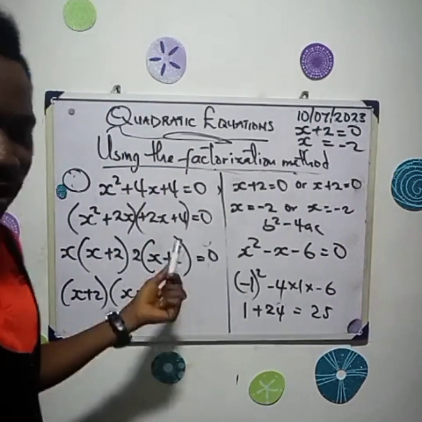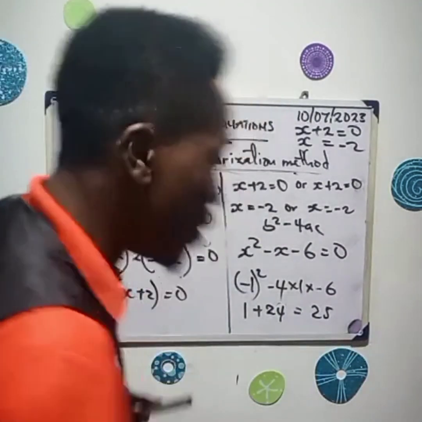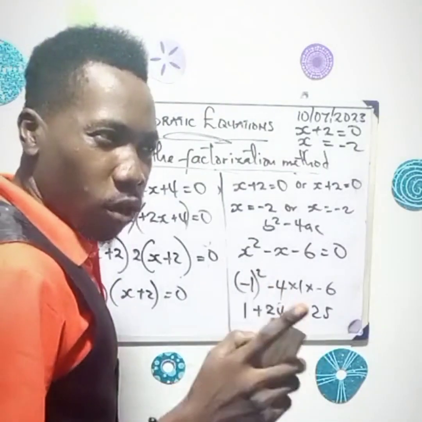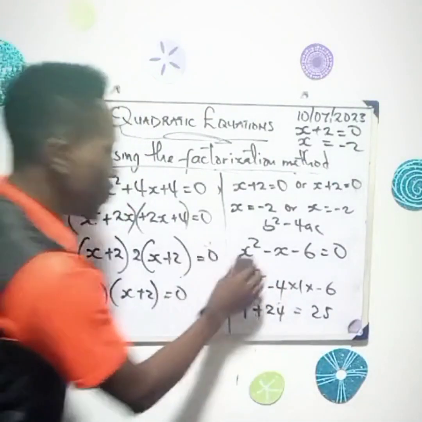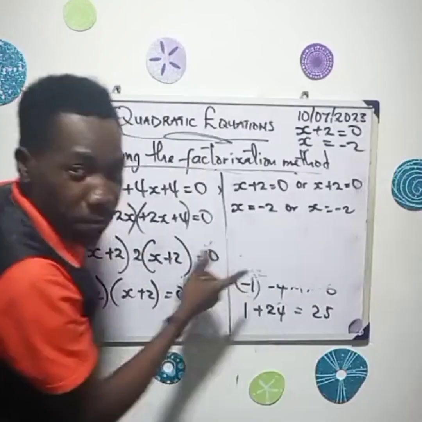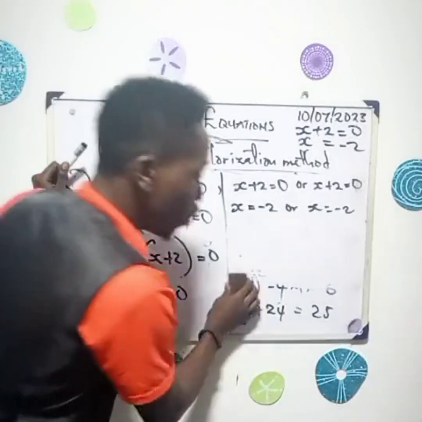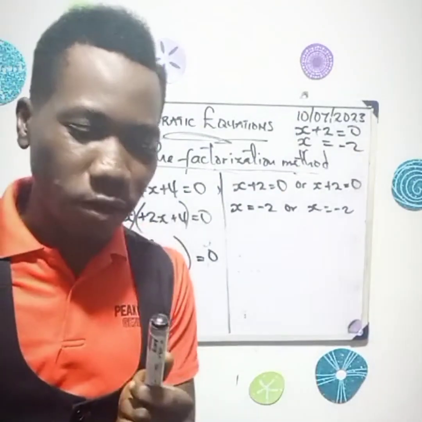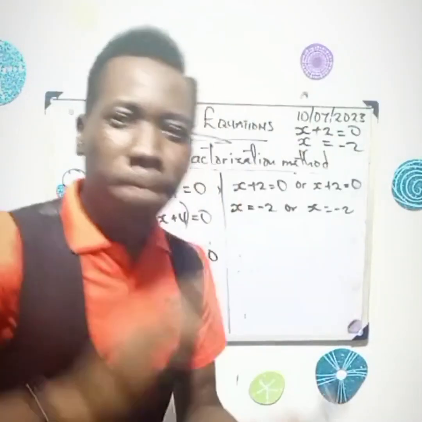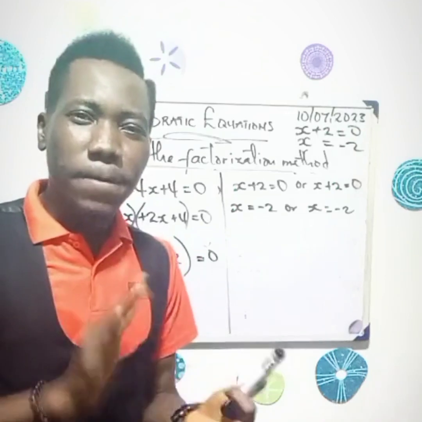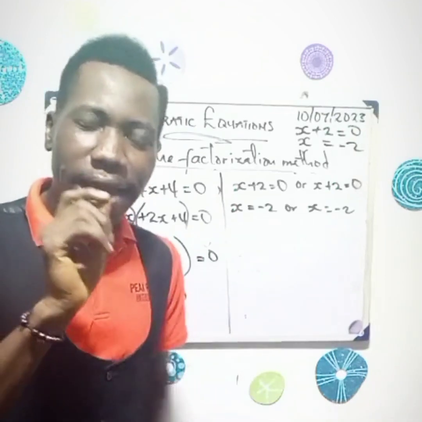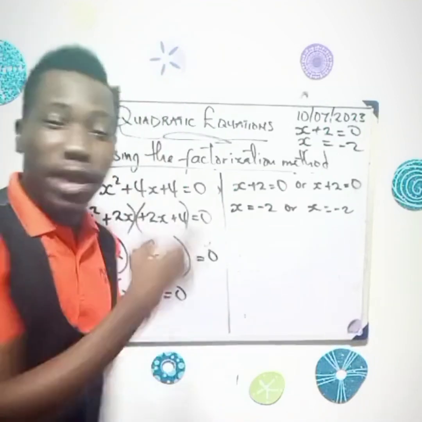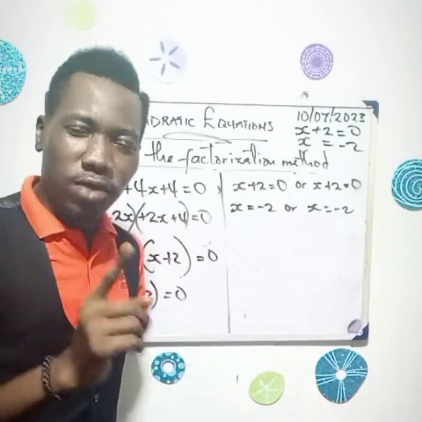Was it this one we solved? There was one we solved, and the answer for that was x equals minus 1. I don't know if it's this one. But if we apply b squared minus 4ac on that equation, it will give us the same value as 0. So anytime you use b squared minus 4ac and the value you get is a perfect square, you can factorize it. But if the value you get is 0,